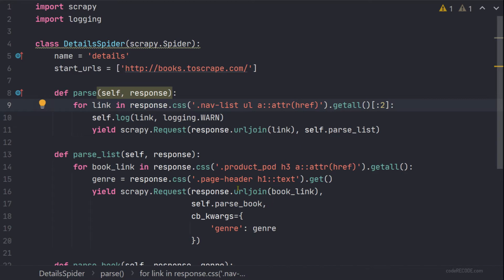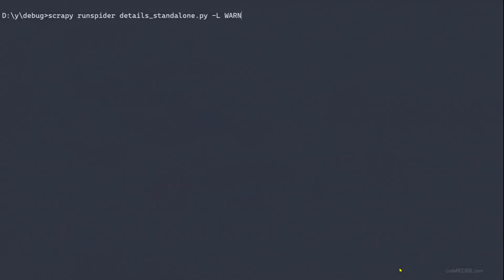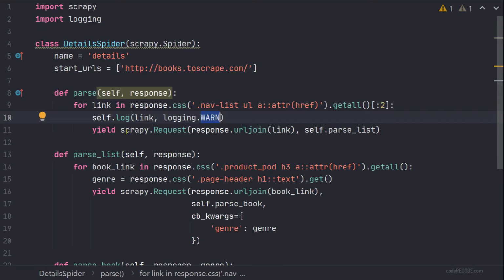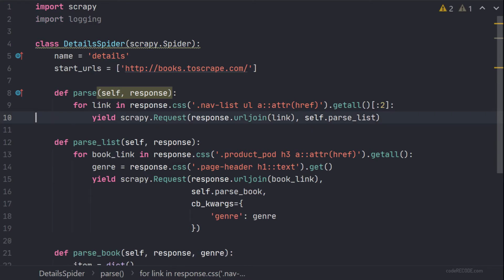As you can see here, I set the logging level to warn, but let me put warning here just for the demonstration, and let's see what is printed. Now you can see that nothing else is printed except warning. By the way, you should go and read more details about logging, because you can actually do a lot of things from logging.